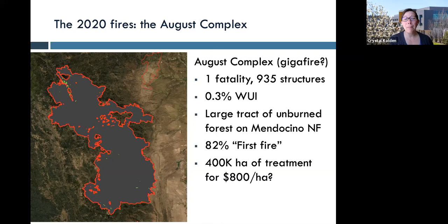And in this map, those little green dots, that's the WUI. Less than 1%, a third of a percent of the fire area, was WUI, and it was basically a couple little inholdings, and then this town at the north end of the fire, right? And so what you have is really this huge tract of unburned area on the Mendocino National Forest that burned